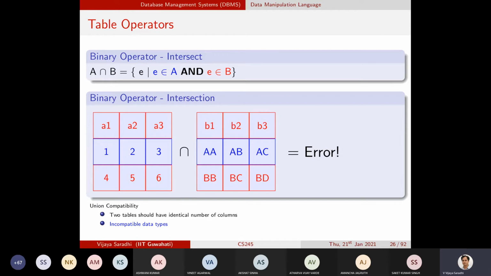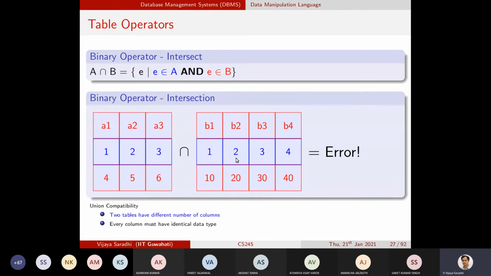So now what if you violate the union compatibility? Once again, the data types have a mismatch, or the number of columns has a mismatch. You have to be really careful here. I want to emphasize again and again that you might have B1, B2, B3 data types identical to A1, A2, A3, but it will still result in an error because the number of columns is violating.